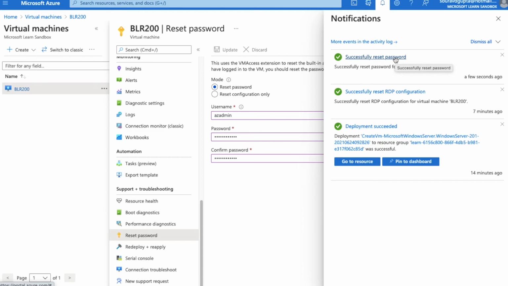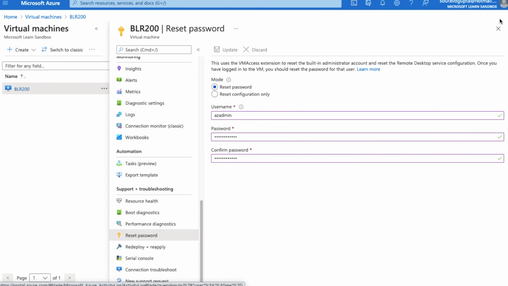Suppose after this step also the user is not able to access the virtual machine, then we will go to the sixth step. Sixth step will be restarting the virtual machine. Why we do this is for correcting any underlying issues with the virtual machine.